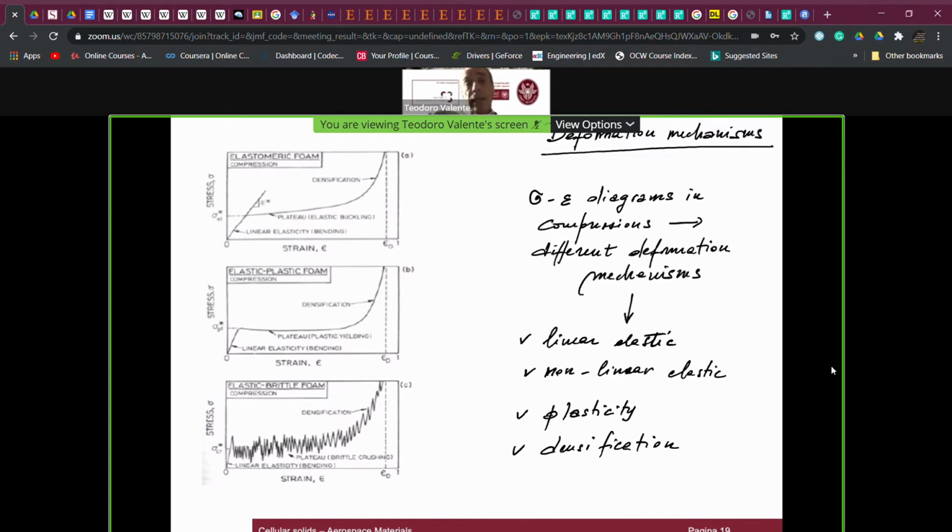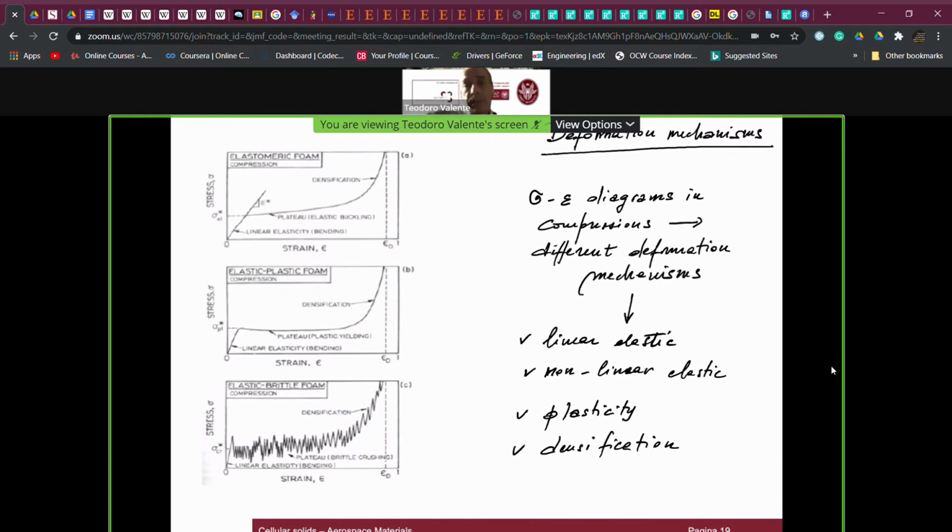And so we cannot expect that the mechanical behavior, which is interesting for us in terms of response of the materials to applied load, would look to the tensile properties of the materials itself, due to the fact that this material has a lot of voids inside, and the tensile properties can be, and they are,